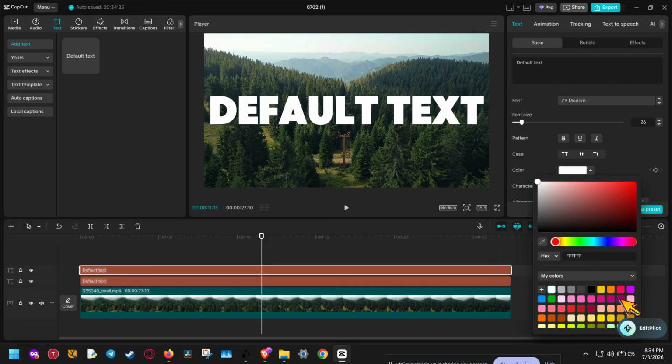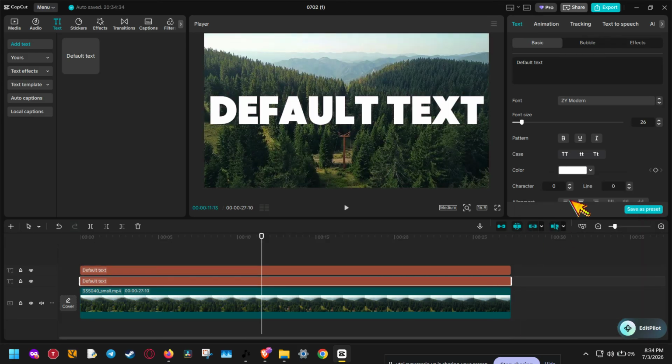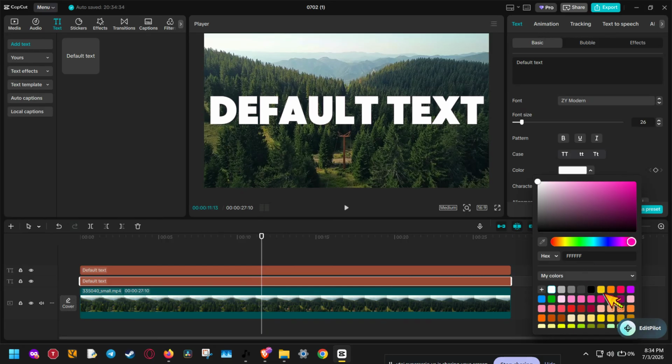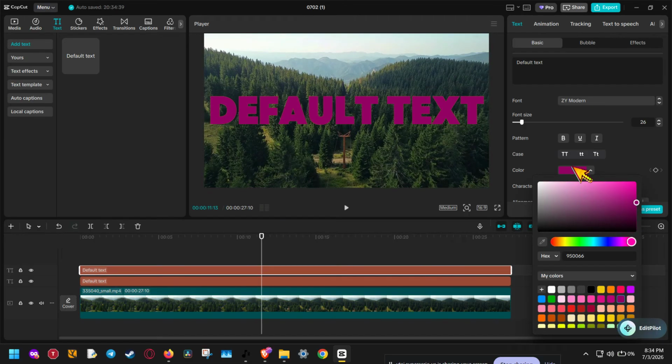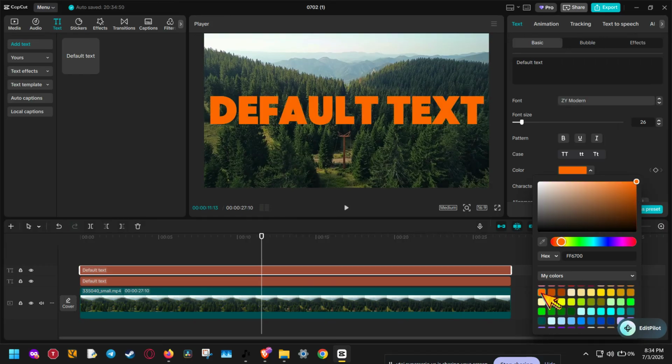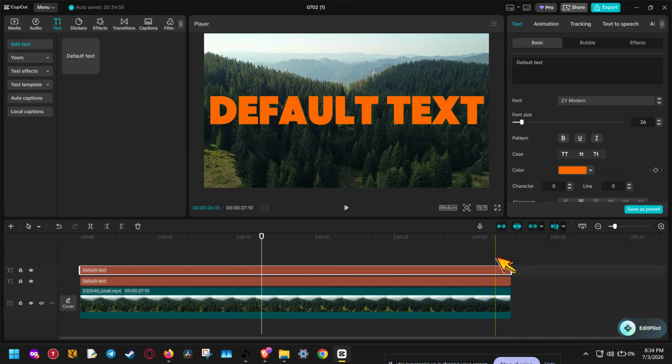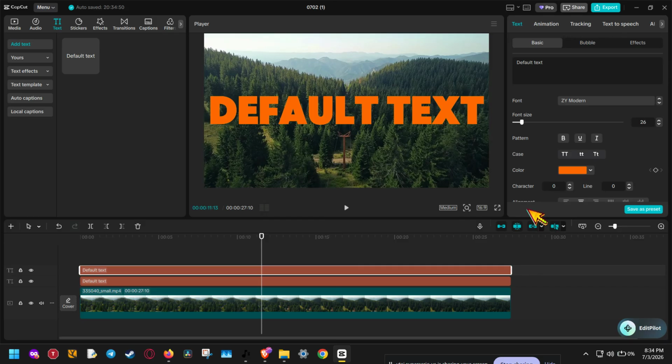look clean. Next, click on the top text layer and change its color to your second color. This color should contrast or complement the first one, depending on the style you want. For example, you could use pink and purple, blue and cyan, or yellow and orange. The goal is to make the text look like it transitions smoothly from one color into another. At this point, both text clips should still be the same size, font, and position, but each one should have